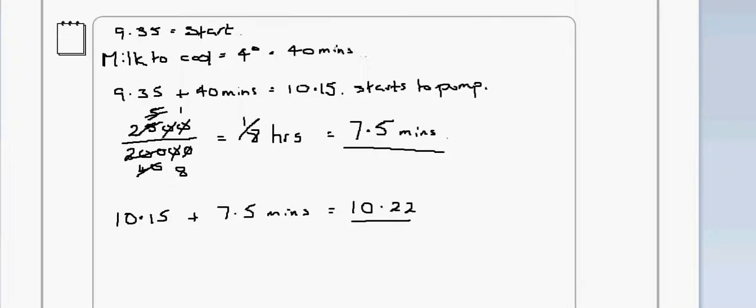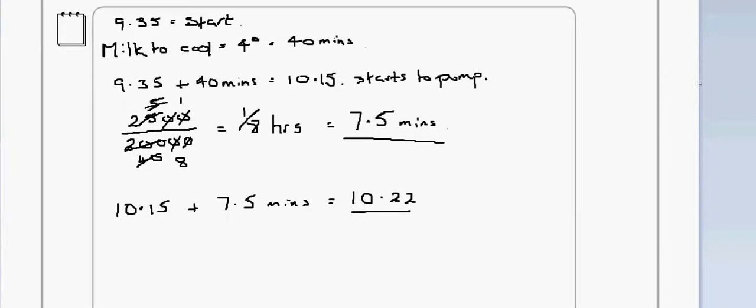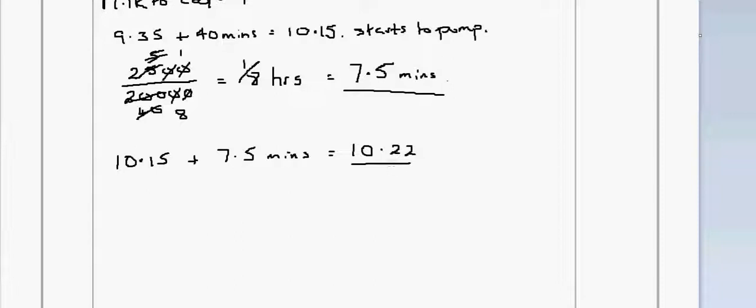Now, finally, it says here that Dave usually takes an extra 5 to 10 minutes to pack up at the end, and he wants to be gone by 10:45. So if he wants to be gone by 10:45, we can see here that he's got plenty of time. So if we gave him the extra 10 minutes, which is the full 10 minutes packing up time, 10:22 plus the extra 10 minutes,